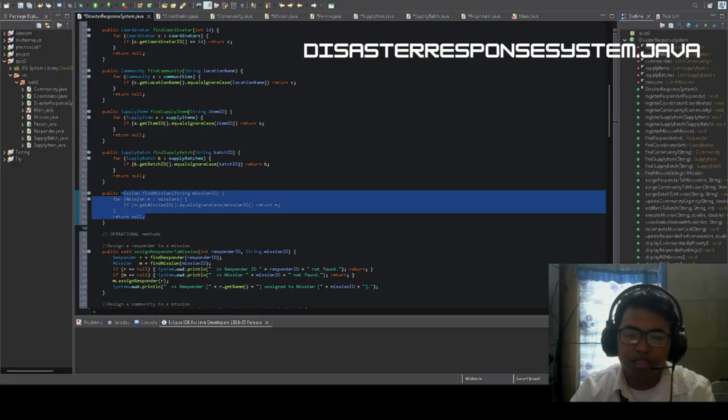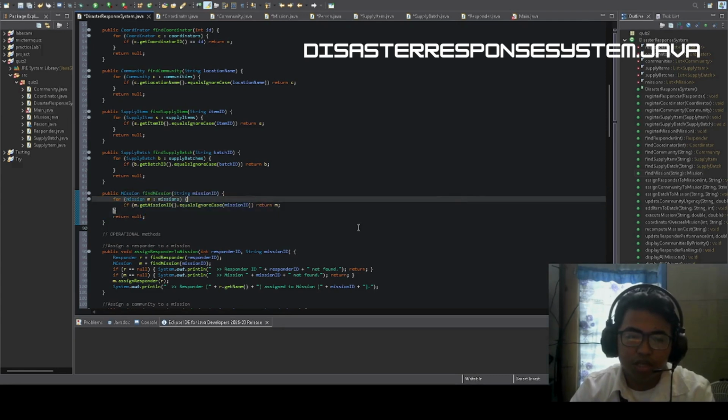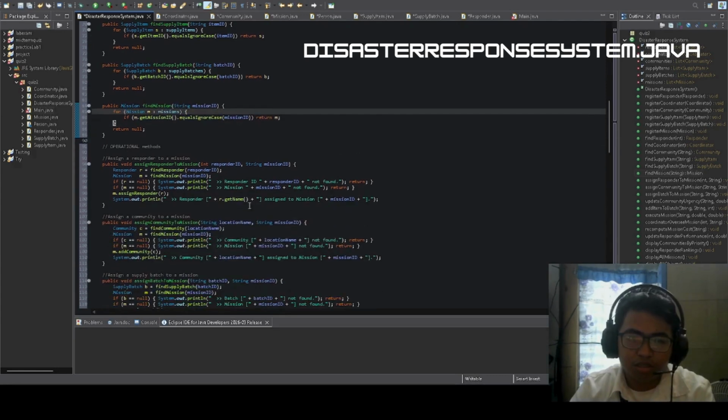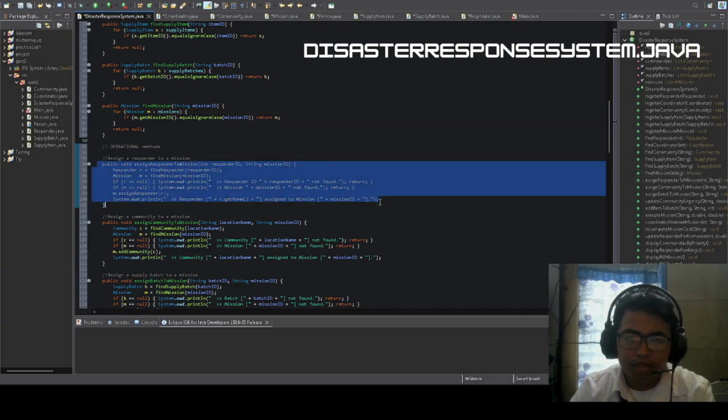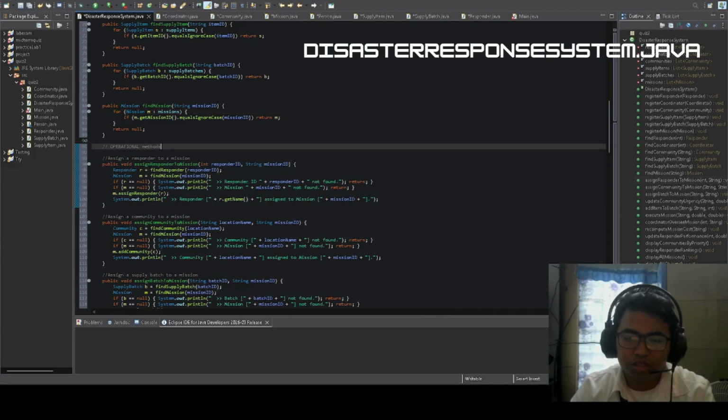Responders can be assigned to a mission using the assign responders to mission method. Then a community can be linked to a mission using this line of code.